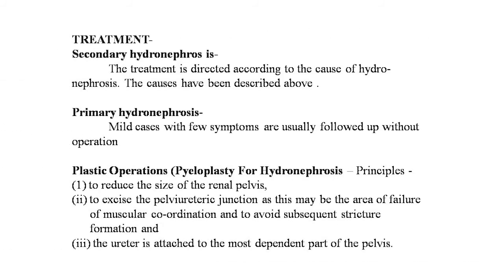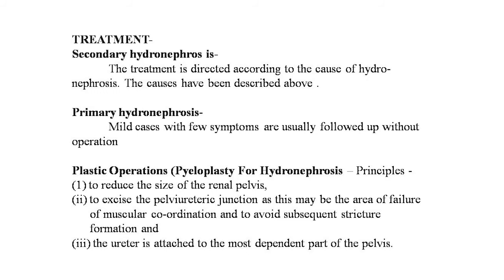Now the treatment. In secondary hydronephrosis, the treatment is directed according to the cause of the hydronephrosis. The causes have been described above. First is the primary hydronephrosis. Mild cases with few symptoms are usually followed up without operation. Now for the plastic operations, pyeloplasty for hydronephrosis, principles for these plastic operations: